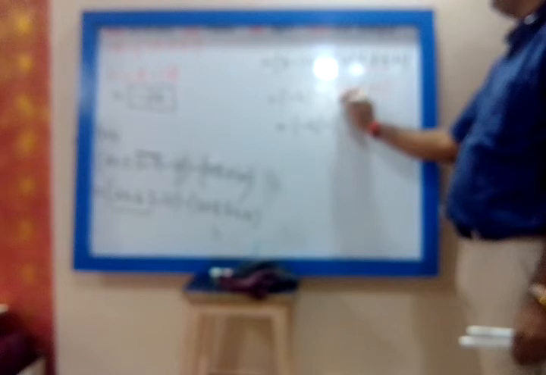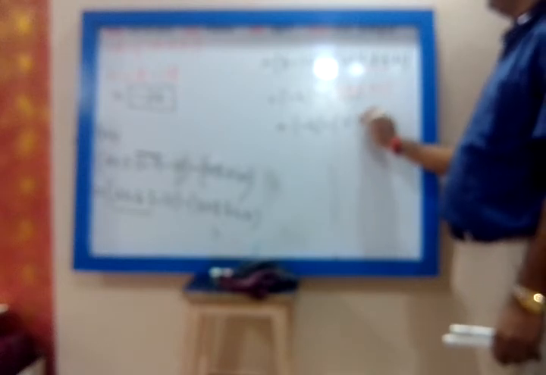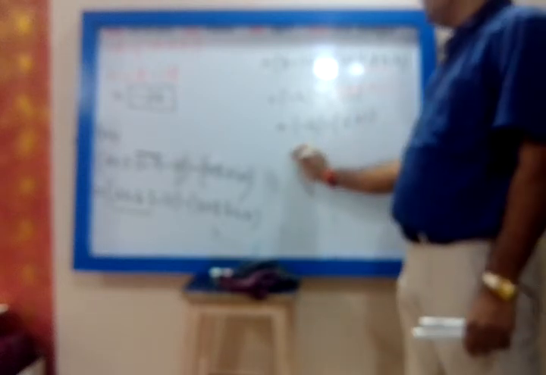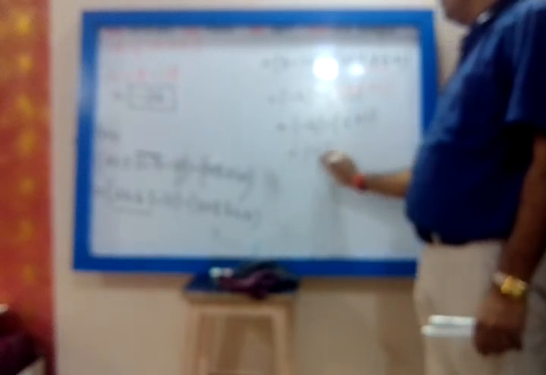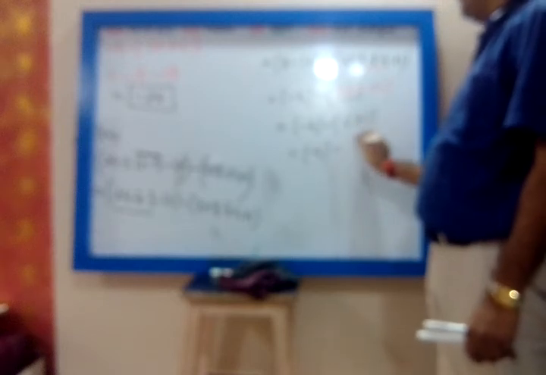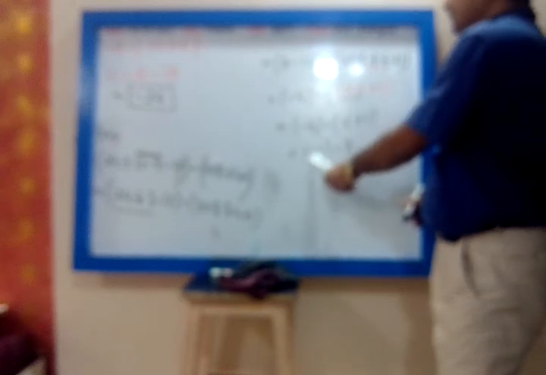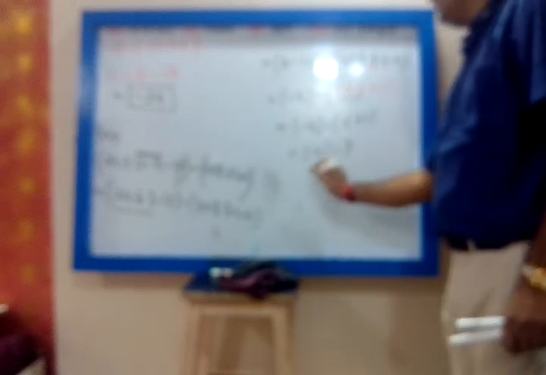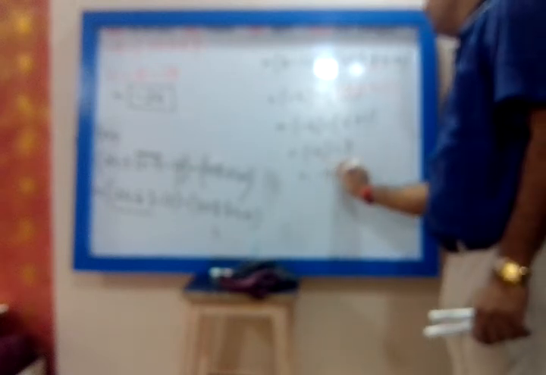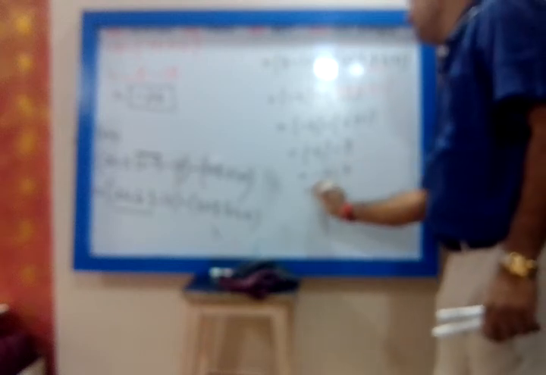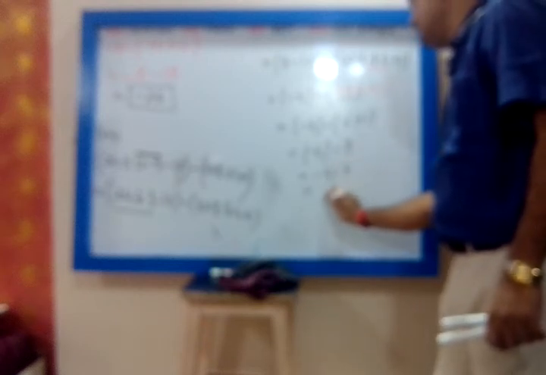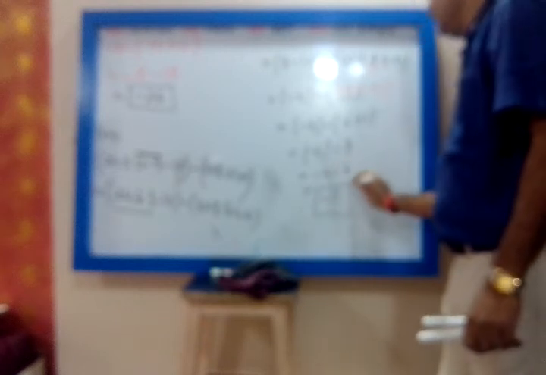Now which will you perform first, multiplication or addition? Multiplication: 6 plus 1. So again this is minus 4 minus 6 plus 1, which is 7. Now this has a minus sign and this has a minus sign. Minus minus, same sign, so you will add the numbers. 7 plus 4 is 11. Take the common sign minus. Minus 11 is the answer.